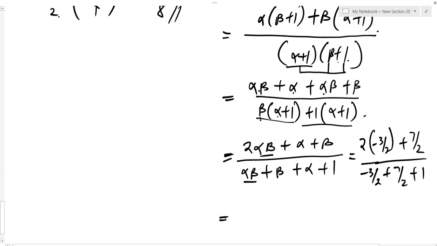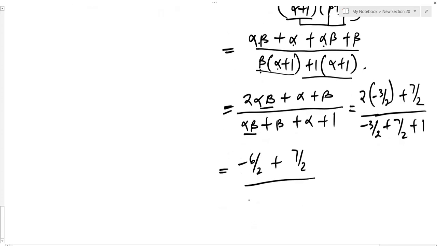So the numerator now, 2 times minus 3 over 2 will give you minus 6 over 2 plus 7 over 2, divided by minus 3 over 2 plus 7 over 2 plus 1 over 1, which is something as minus 6. The numerator for the fraction at the numerator, the fraction at the numerator,